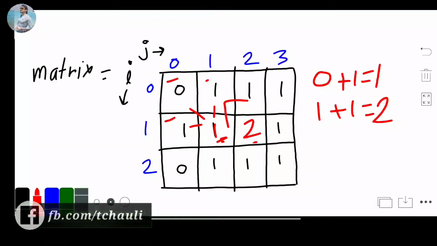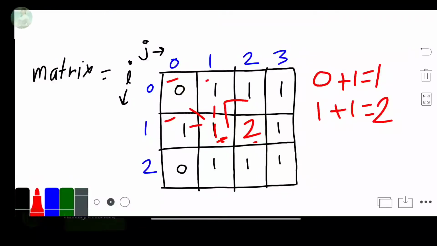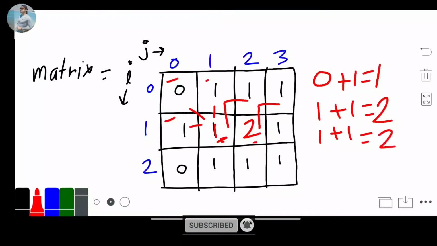Again we move to the next column, column number 3, and we check the minimum of these 3. The minimum is 1, add 1, and now our value is 2. So we update the current cell to 2. I hope it's clear to you. Basically we take the minimum of these 3 cells and add 1 when the current cell value is 1. If the current cell value is 0, we do nothing.